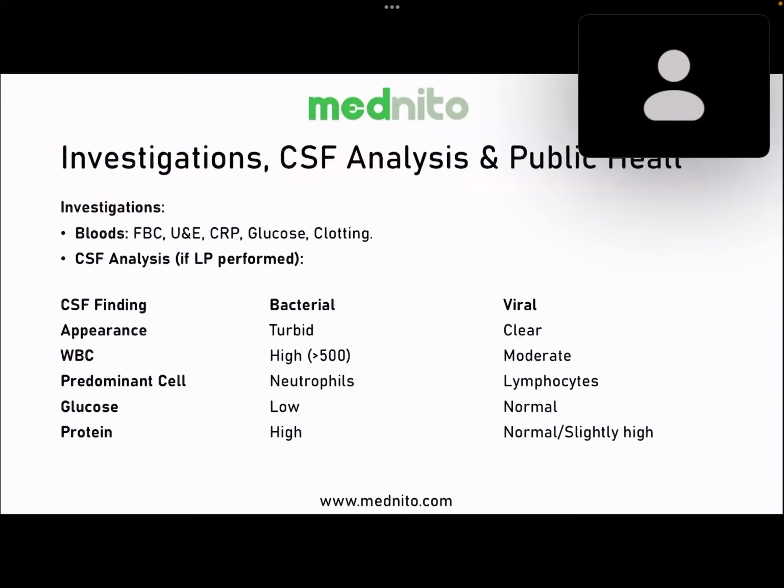Next, we talk about some CSF analysis. I will tell you, if the patient has hemorrhagic CSF with meningitis, it is herpes meningitis until otherwise proven. That's it. This is one most important thing you will have to remember. If there is increased RBC in the lumbar puncture, it is herpes infection that needs to be considered.